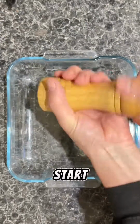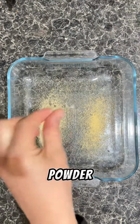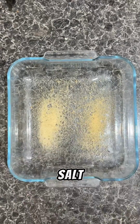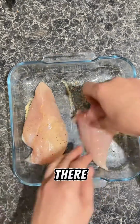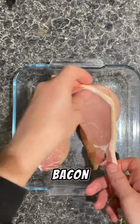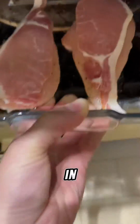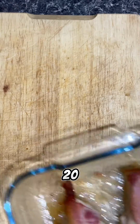So, let's do this. Start by getting a roasting dish and seasoning with some pepper, some garlic powder, some onion powder, a sprinkle of salt, and then get your chicken breasts in there and get them nicely covered and coated. Arrange them so you can see them, put some bacon on the top, and then we're going to sprinkle with a little bit of olive oil and get these in the oven at about 200 degrees for 20-25 minutes until